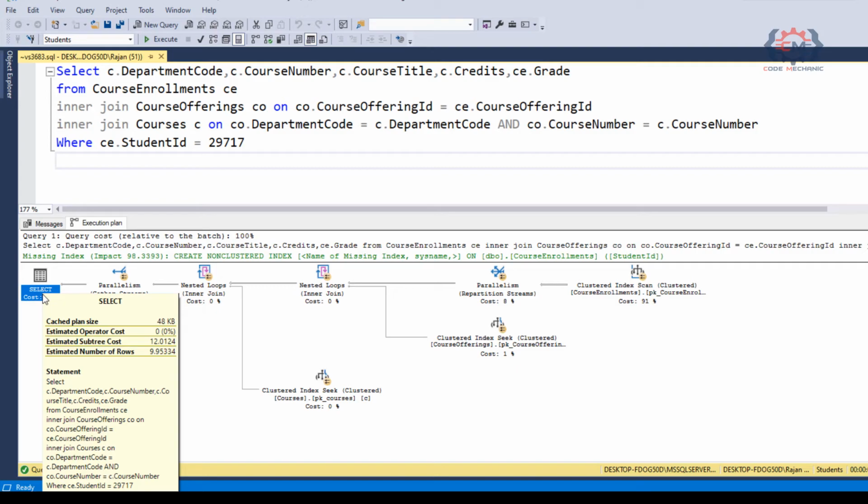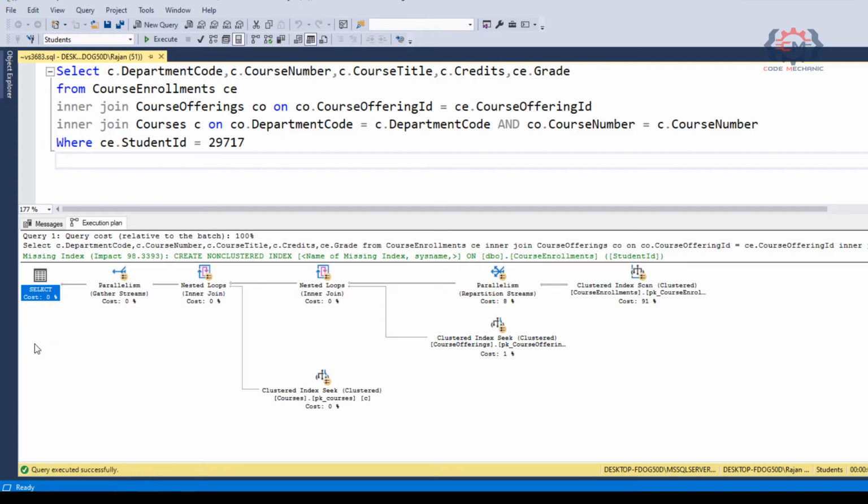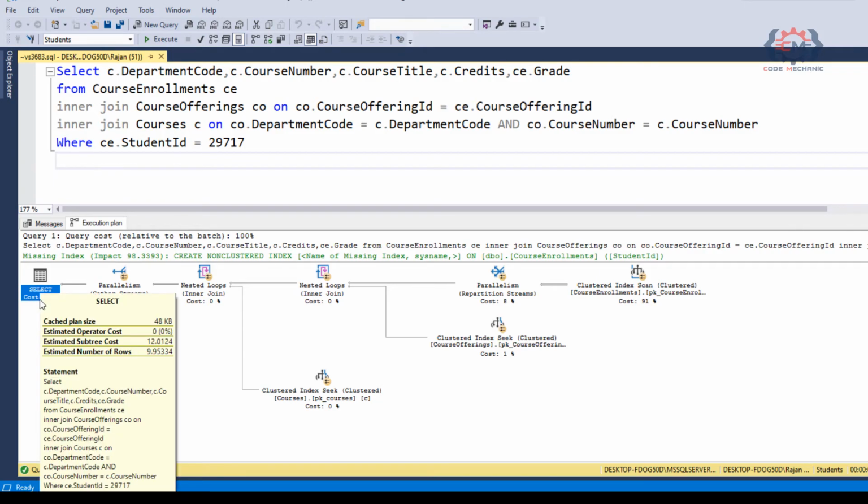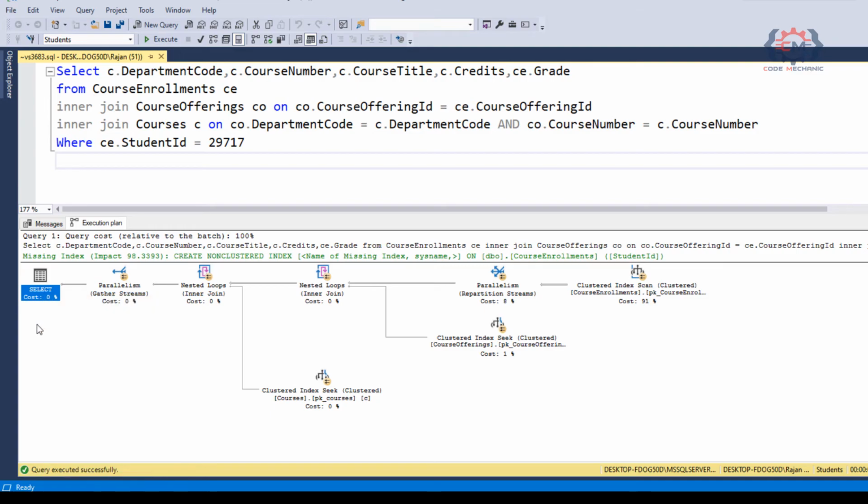What you are going to want to do is move from right to left, and then when you encounter a join operation, you want to read those from top to bottom. You can see what each operation is doing and how it fits in with the operations around it. And if you want to see more details, then you can mouse over one of the operations so you can get that pop-up box. My suggestion to you is that you don't have to analyze each and every operation, but instead you can just focus on the high cost operations, and that helps you understand where you want to focus your tuning efforts.